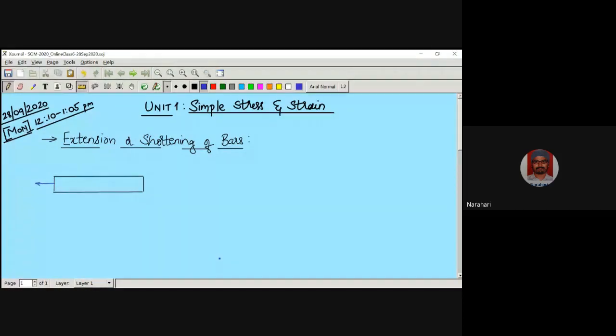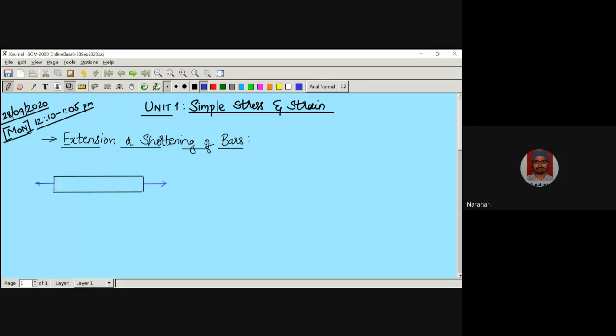Anybody? Sir, sir, sir. What is the meaning of prismatic bar? Yes, sir. Yes, sir. Hello, anybody? No idea, sir. No idea. Okay, tell that. No, at least. Okay, so